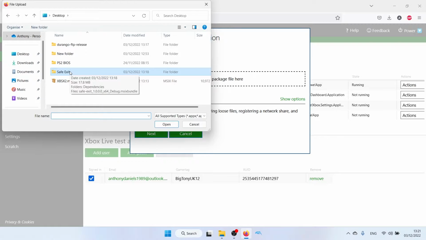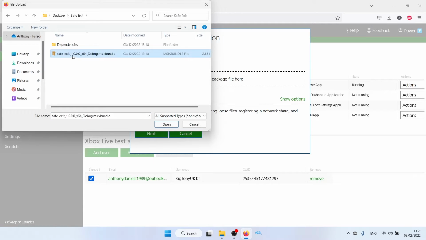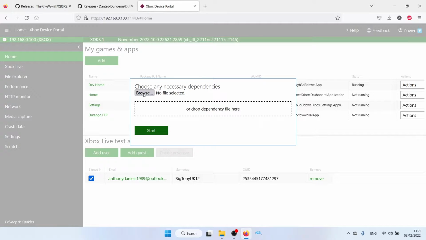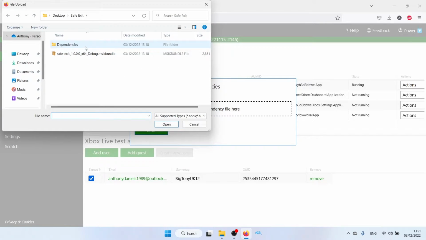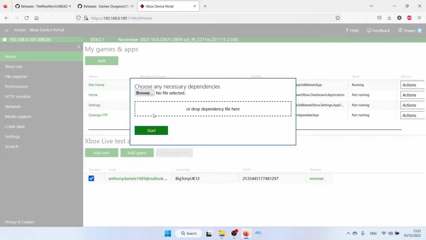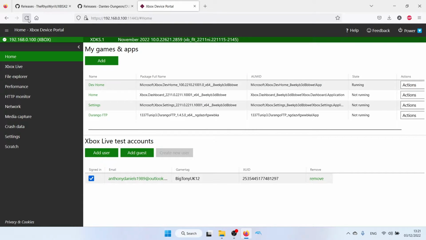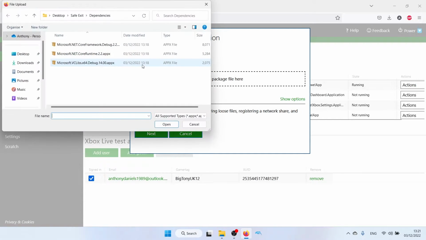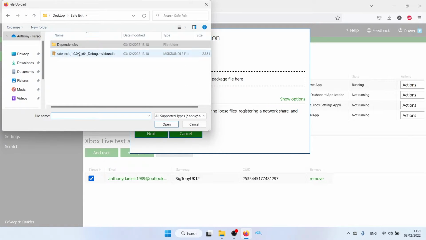find the Safe Exit folder, install the MSIX bundle file, click Next, and then we're going to want to install the dependencies. So once again, we go to the Safe Exit folder when we browse, Dependencies, number 1. As you can see, the dependency has not appeared here, so we're going to have to click out of this. We took too long. Refresh the page, click Add, Browse, go back to the Safe Exit folder,